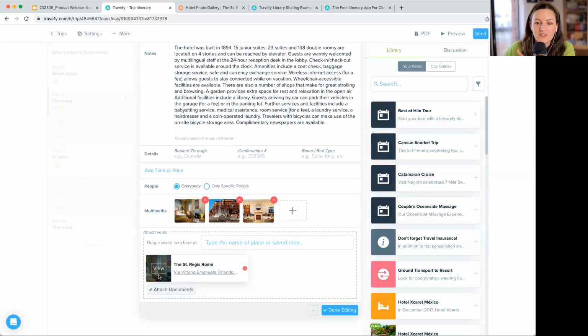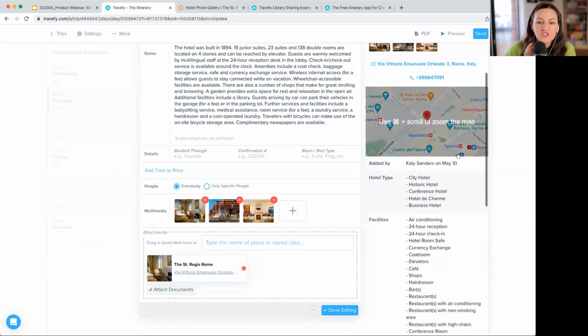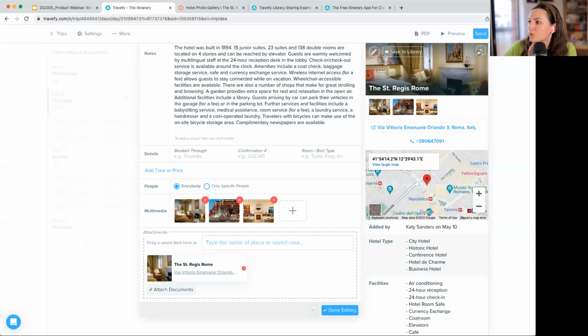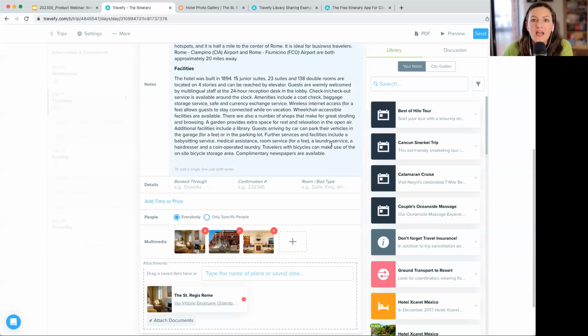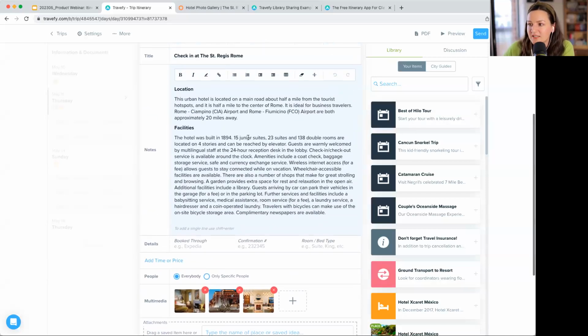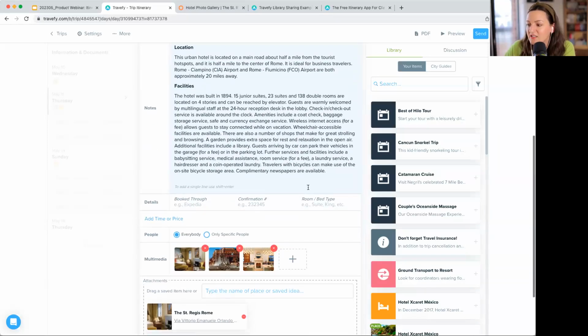And look at all this information that comes in here. I mean, there's just so much. It's really awesome. And again, though, if you want to edit anything, you can. So you can customize things. So if you're like, my client doesn't need all this stuff, then you can certainly go ahead and remove things out or edit. In fact, I'm going to show you, I'm going to add a photo in here